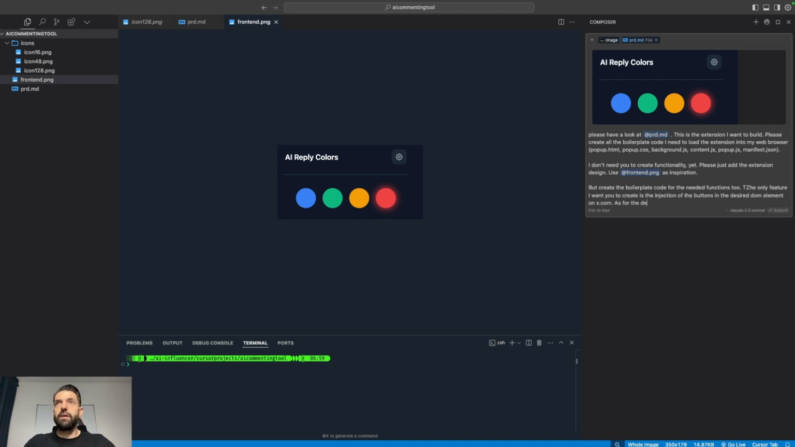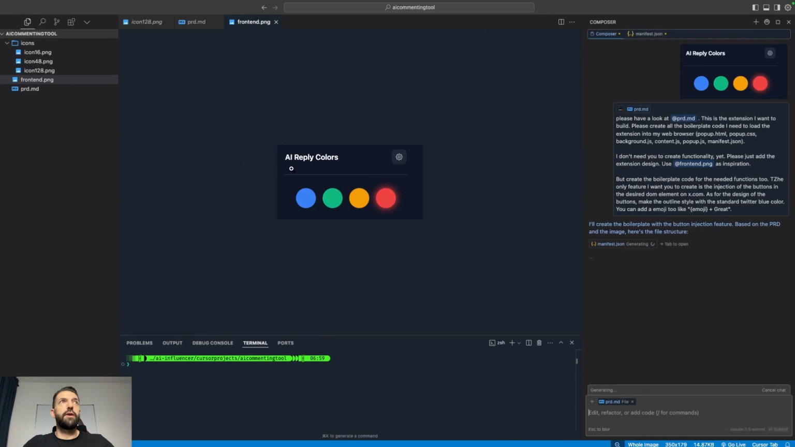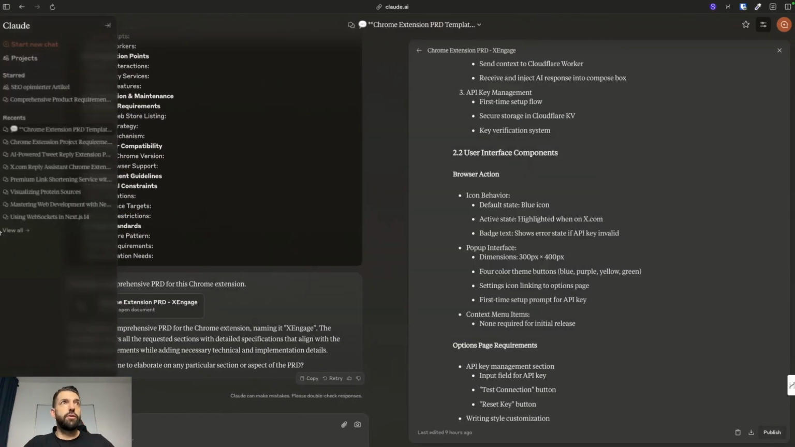As for the design of the buttons, make them outline style with the standard Twitter blue color. You can add an emoji too, like emoji plus great. So we'll hit enter. While Cursor is hopefully creating all of the files, we'll head over to the browser because I quickly wanted to